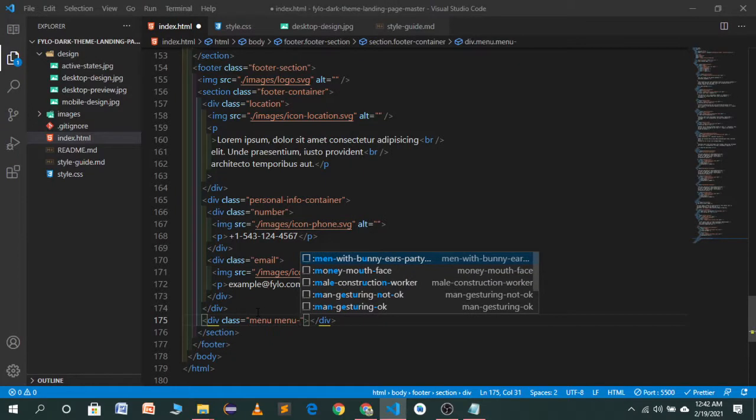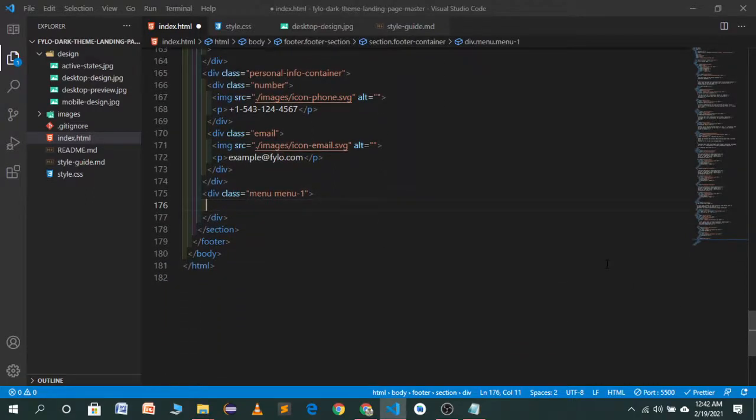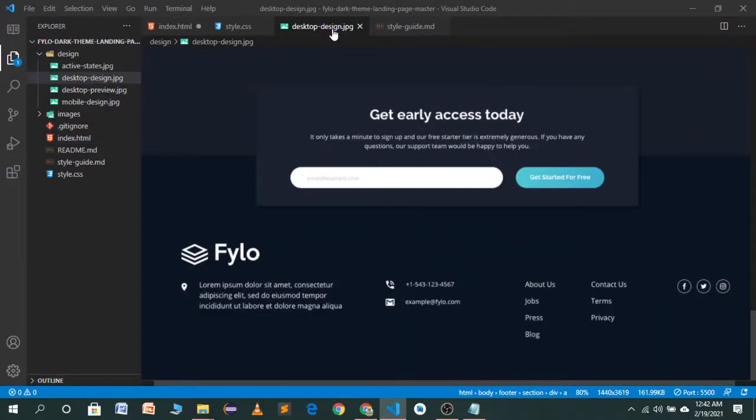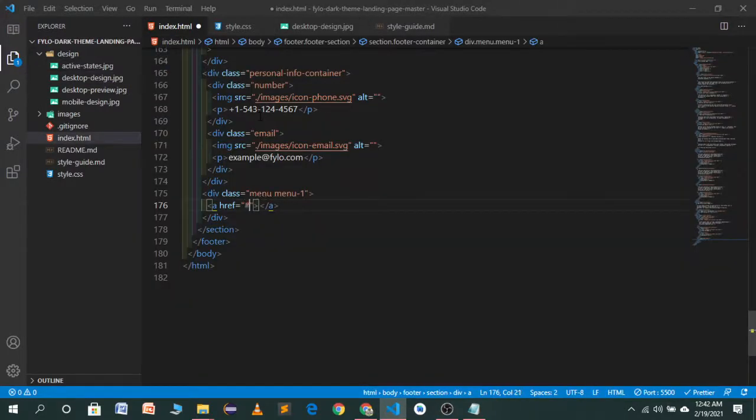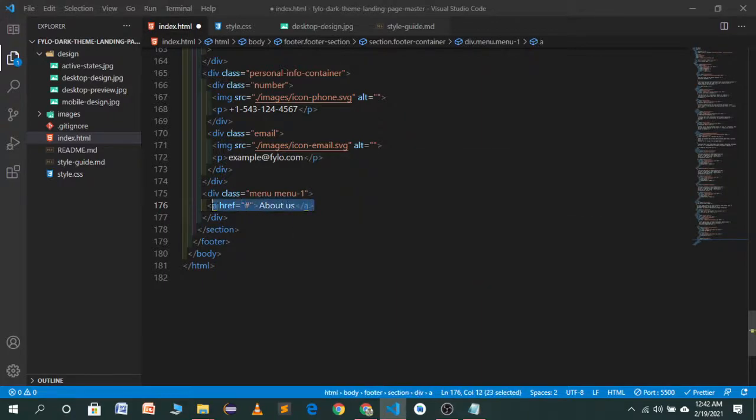This will be menu 1, which will contain, I think so, 4 parts: about us, jobs, press, blog. I will use hash about us. Now copy this one and paste it 3 more times. Control C and Control V.